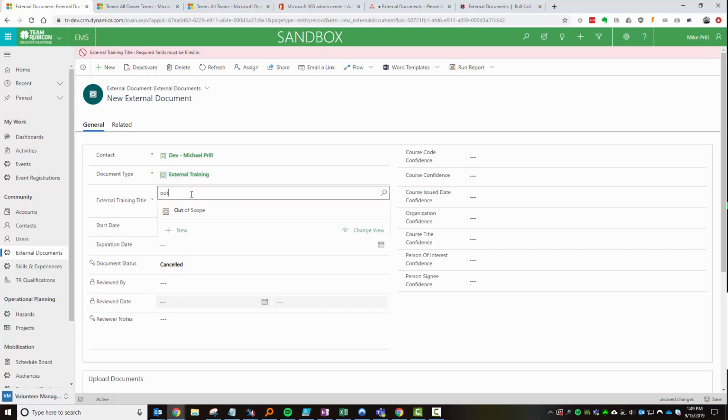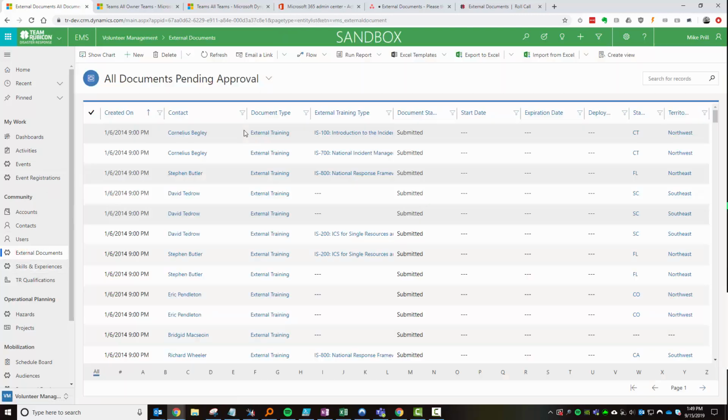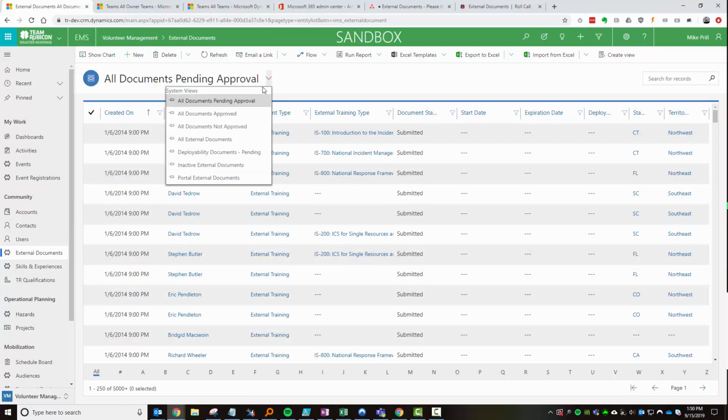I put in an option here that just says out of scope. It just means it's not a document that we care about, and then canceled as the other option. So back to the overall list, there's a bunch of different views that will help split the work out a little bit. So we've got everything that's pending approval, everything already approved, everything not approved, everything regardless of